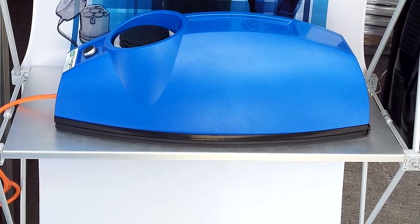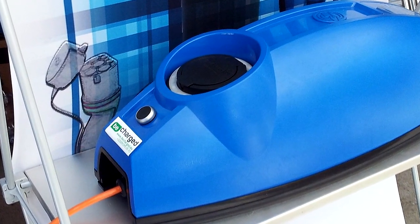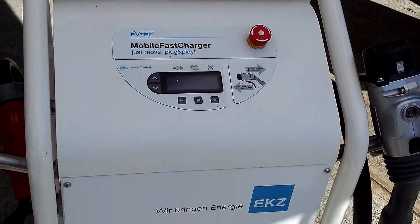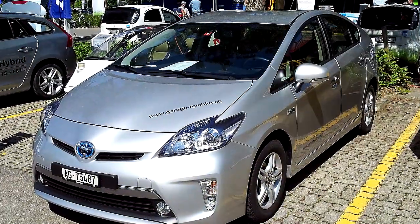Some charge stations were also there, like this one, it's a wall mount. And there's also a mobile edition, mobile fast charger. There's some hybrids, the Toyota Prius,